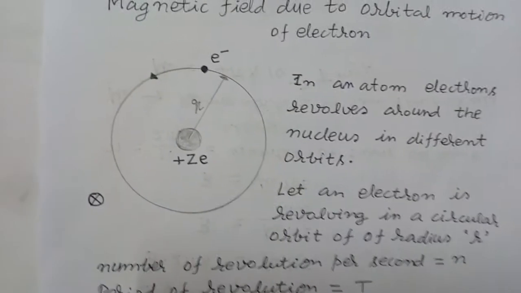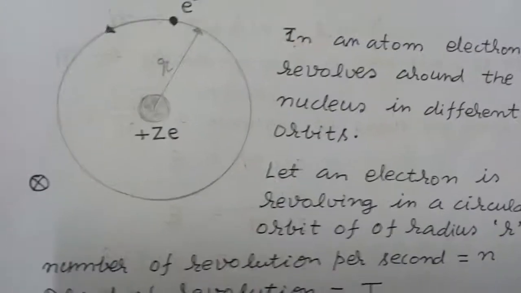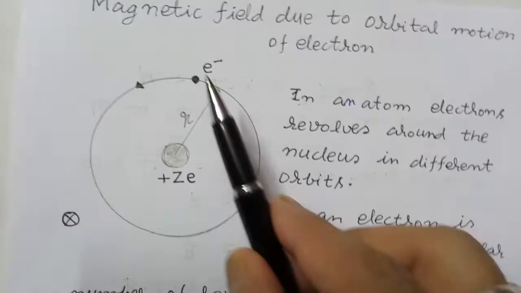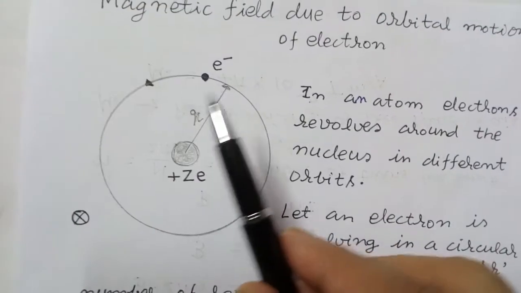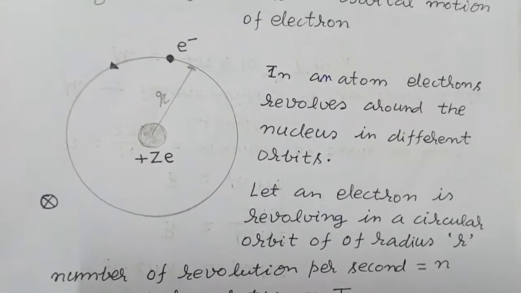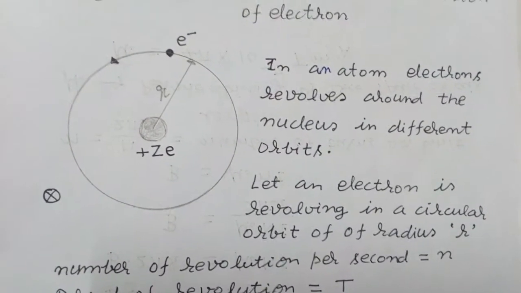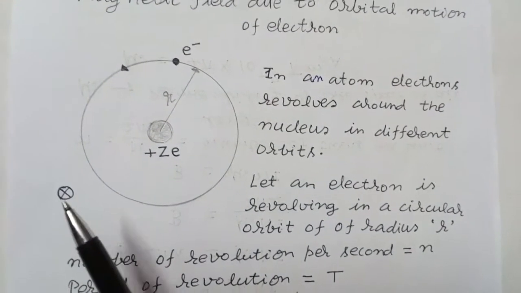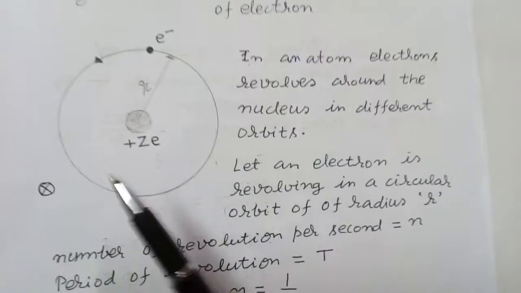हमें पता है कि कोई करंट कैरिंग सर्कुलर लूप मैग्नेटिक फील्ड प्रोड्यूस करता है. सो हेयर वी मे सपोज दैट दिस इलेक्ट्रॉन, दिस सर्कुलर ऑर्बिट is just like a current carrying loop. We take the direction of current opposite to the motion of electron. So magnetic field thus produced is perpendicular to the plane of the paper here for this diagram, and inward.